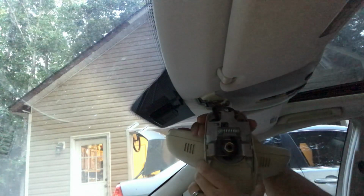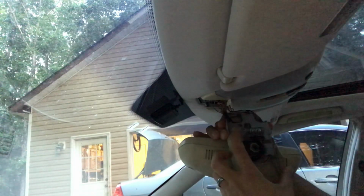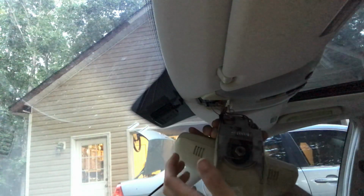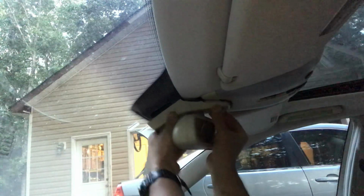It's got a bracket, spring-loaded bracket with two ends that look like ball bearings, and it sits inside a rectangular bracket, basically just by these two bearings. Tuck the wires in,